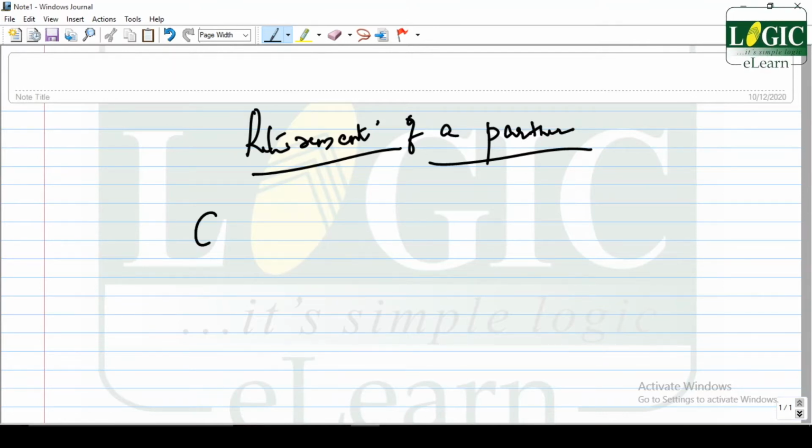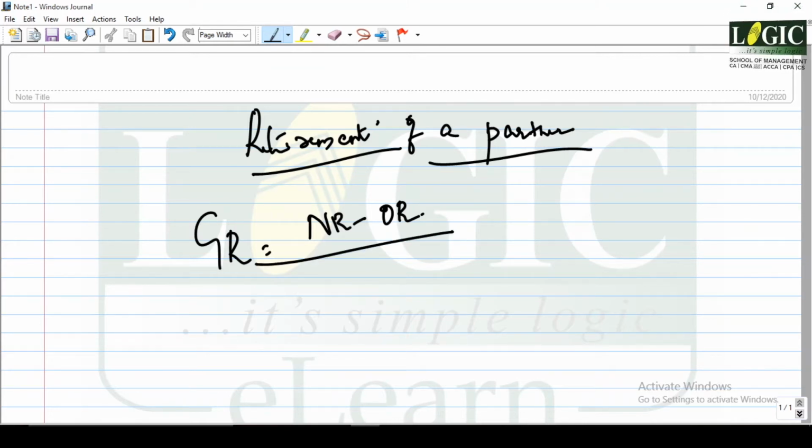Now the question is, what is gaining ratio? The calculation of gaining ratio and the calculation of sacrificing ratio, you may get as a 2 marks question. It is largely seen as a 2 marks question in board question papers, especially the CBSE. Now gaining ratio is the mathematical difference between new ratio and old ratio. So when sacrificing ratio is important in the case of admission, gaining ratio is important in the case of retirement. So what is the new ratio? The new ratio is given in the question as 3:2.